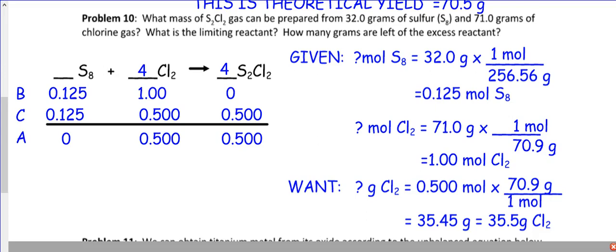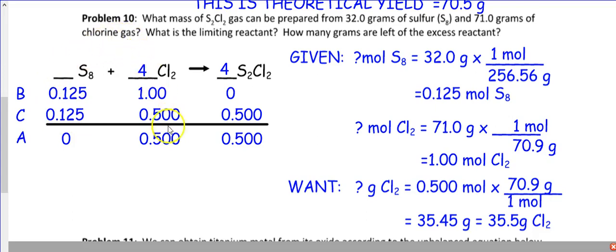So this is what I did. I balanced it over here. I got 4 and 4. I have 32 grams of S8, which is a form of sulfur. And notice the molar mass is the 32.07 times 8. Okay, that's where that 256.56 came from. And when I divide it, I get 0.125 moles of S8. And then I found out how many moles of chlorine I have. Notice it's almost 1 mole. And then I can put those two numbers in over here. All right, and if you look closely,